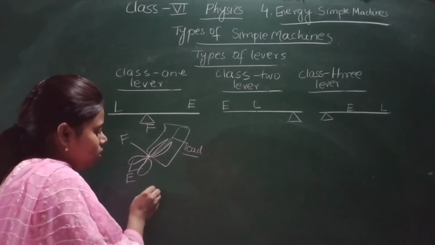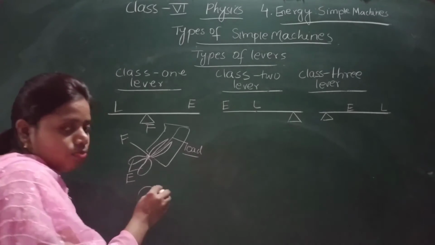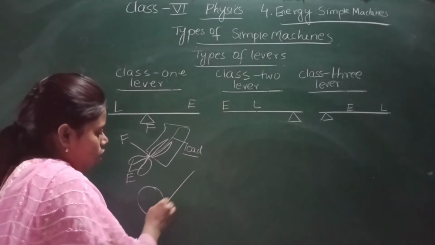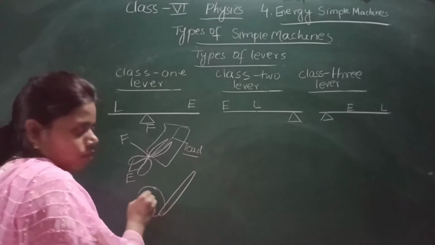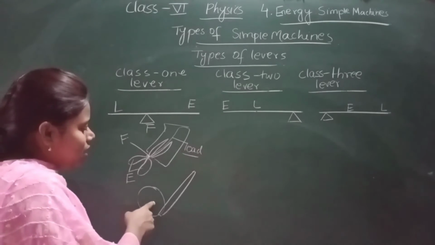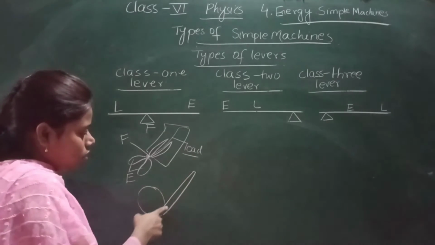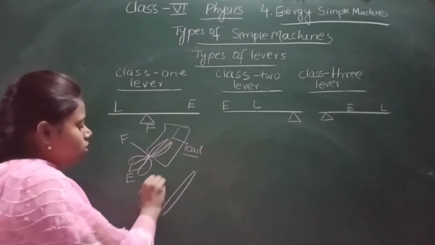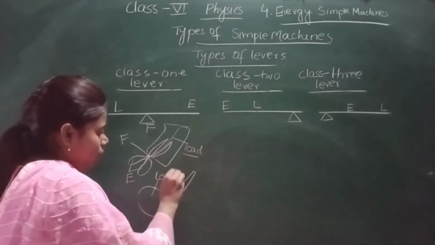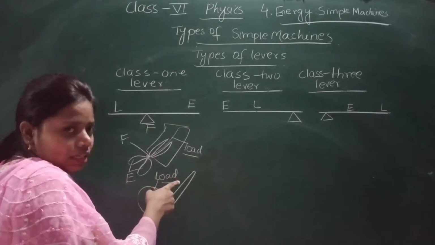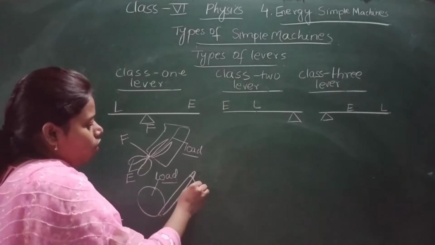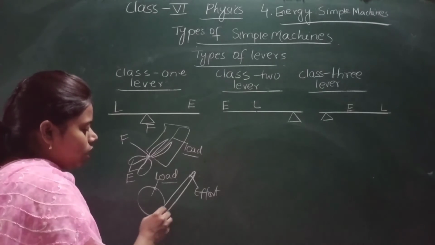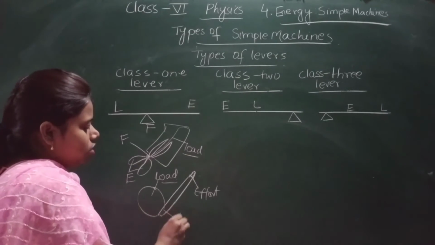You have seen sometimes big stones are there in the middle of the road. So how to move that? It's not easy. Okay, so they use a long rod. This rod is a simple machine, the class 1 lever. This stone is your load because we need to move this. You are applying the force, and that force is the effort over here. And this one is a fixed point, that is the fulcrum.